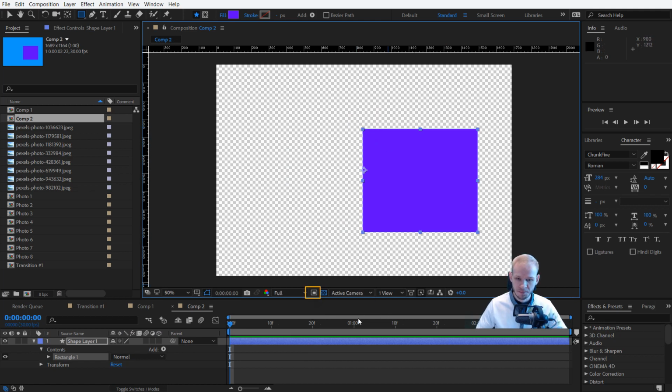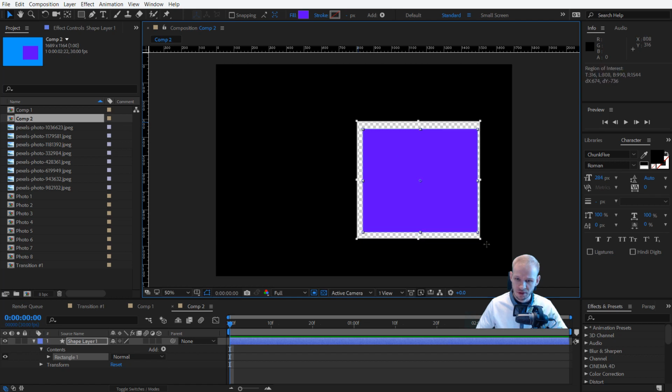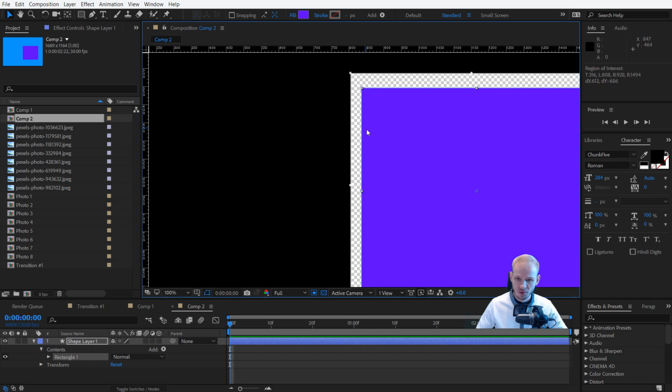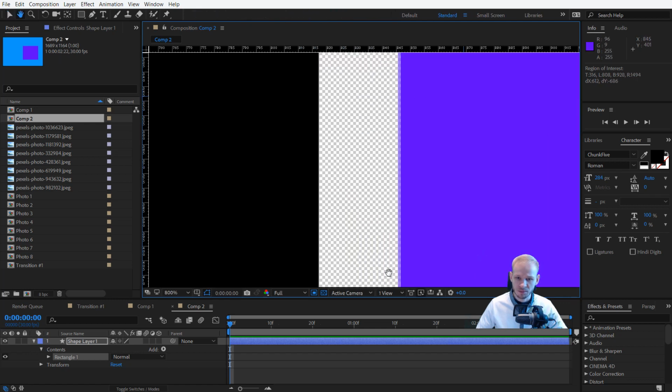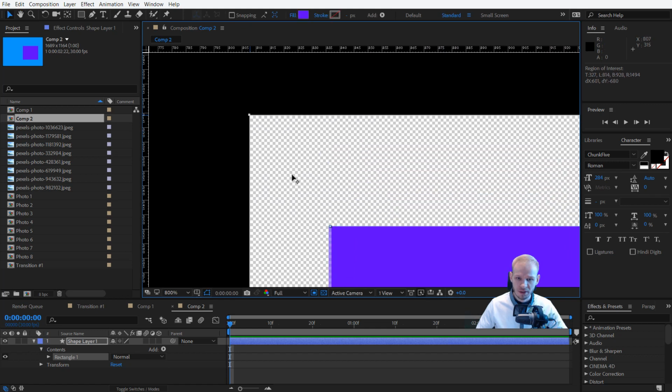you need to click on this button, which is region of interest. You can set the region of interest for this layer. Let's for example set it like that. Then you can just take it and resize the region of interest. Of course I should come closer and make this perfectly to the corners, but that's not important for